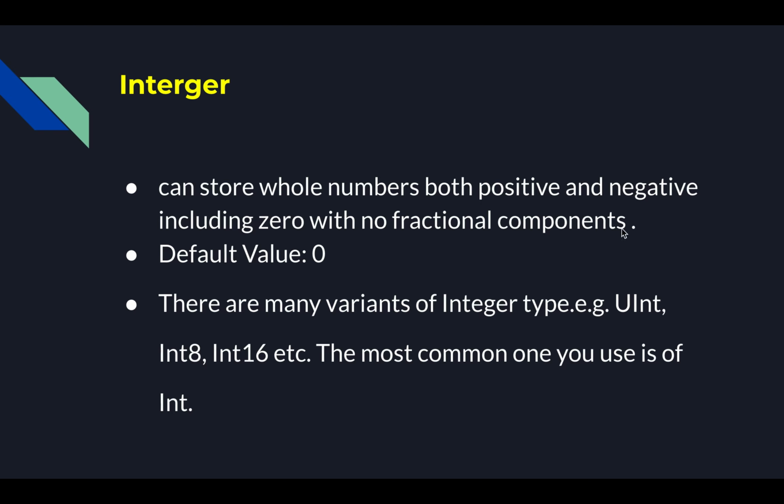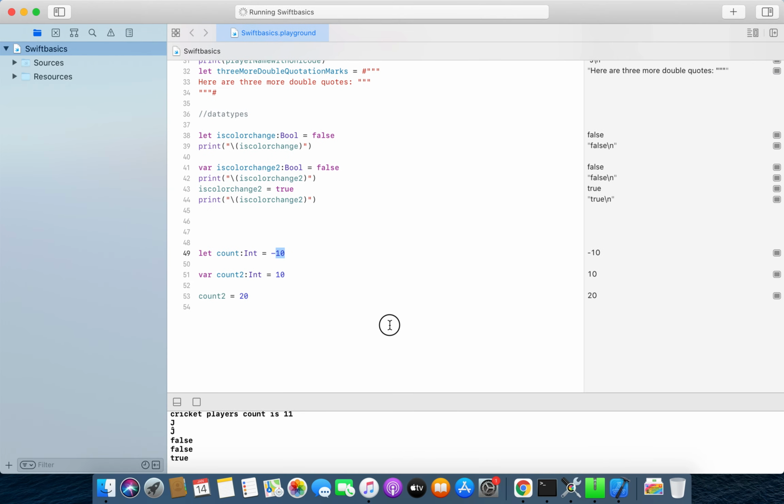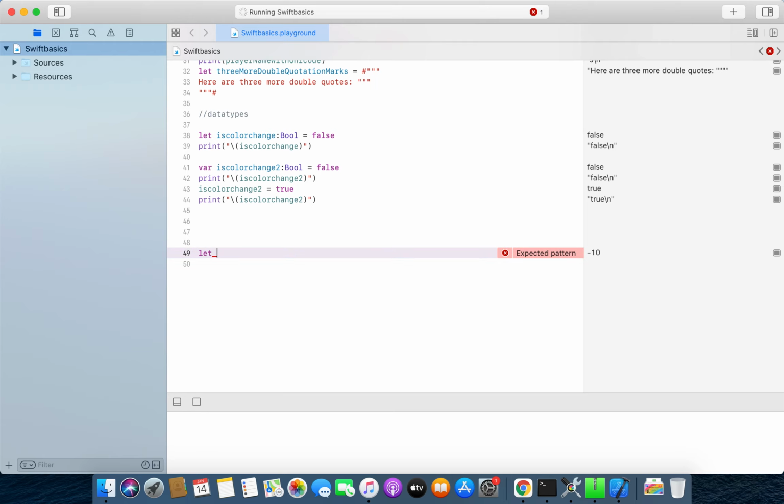So let us use integer data type in our playground. Open your playground and create a constant with a count Int, and a variable with a count Int. Let me do it once again. Let me create an integer data type. How will I create an integer data type? First of all, let me create a constant with an integer data type. For creating a constant, I use let, and I will name this variable count,